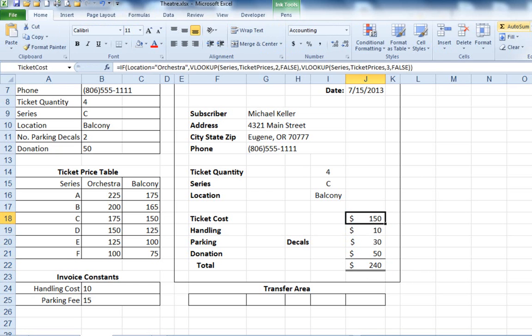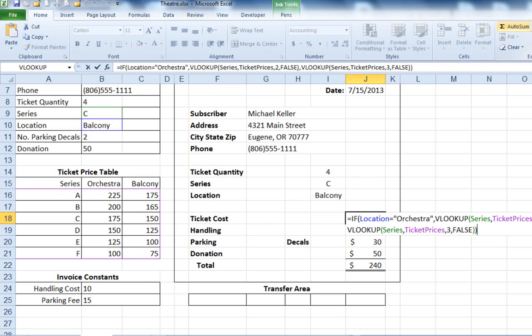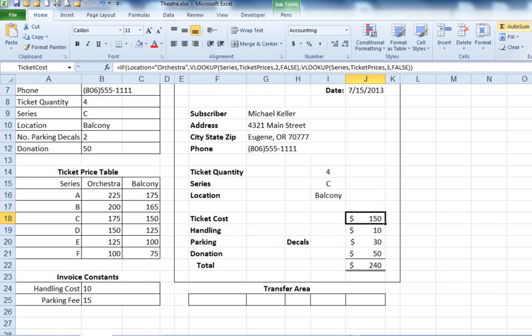Now here's the problem with this. I've got the ticket price, which is 150, but remember they ordered 4 tickets. So I've got to do something else to this function that I use, because all it really did was pull what the price is per ticket. So I'm going to come up here and make it easier. We're going to come up to the formula bar,